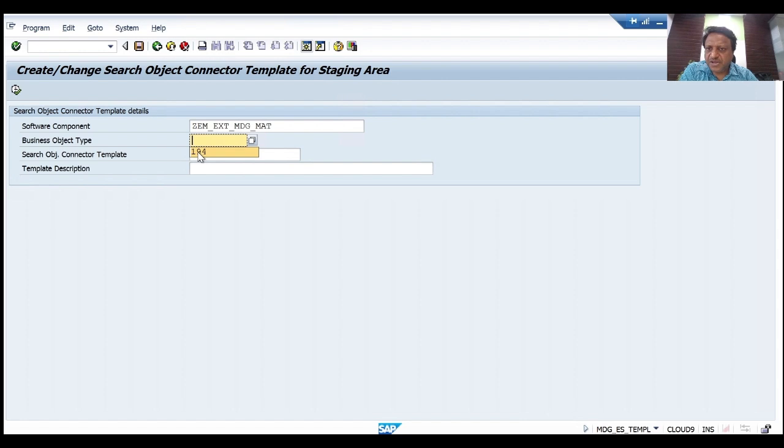And so we need to define the OTC number, business object type, for material 194, and then we need to provide a definition of our Z connector. So standard is MDG underscore material and then the Z connector, and then we can have a description for this template. So could be the same, or we can say this is ZEXT underscore material, and then we execute. So what will happen? A new connector will get created,